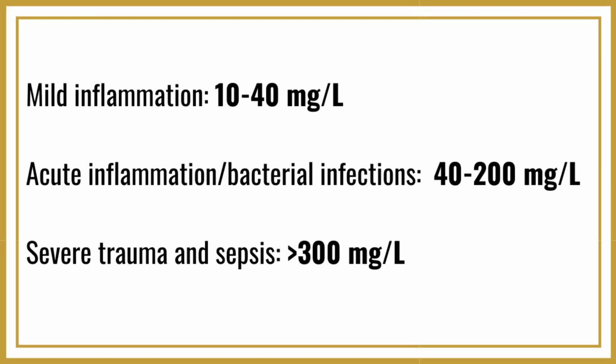So I'm going to show you some numbers that the hospitals are looking at when they are doing these tests. So here you go. These are the kind of cutoff values that the hospitals are using. If you're hospitalized, and they might monitor you for a bacterial disease that you're having, they will see what is happening with your CRP over time, whether your immune system is actually managing to fight this bacteria off or not. So anything between 10 to 40 milligrams per liter is